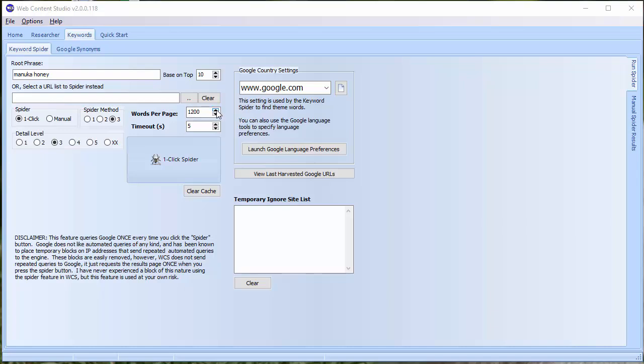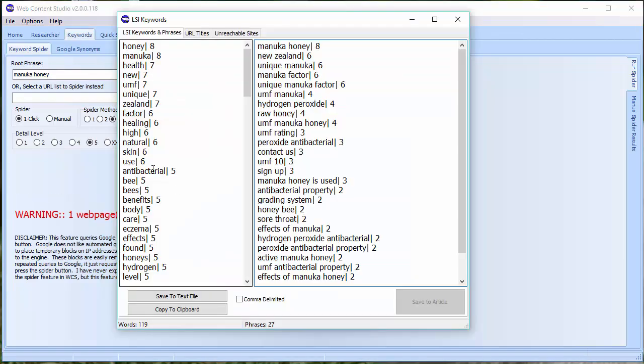You can increase the words on the page if you want to get a few more keywords, but let's just increase this to level 5. Now, level 5 is more in depth, and it will bring back more words and phrases. If you remember, level 3 brought back 30 words and 27 phrases. Again, we've got that one unreachable page, which I should be able to fix now I know what the code is, but for now, it's going to be working on 9 pages, and I'm going to pause the video until it's finished. Okay, that's just finished, and you can see now on level 5 we've got 119 words and